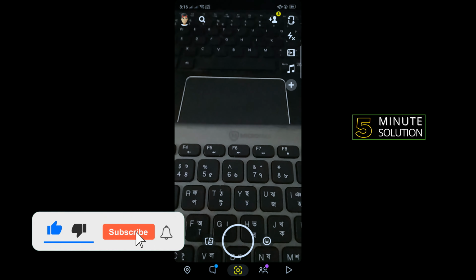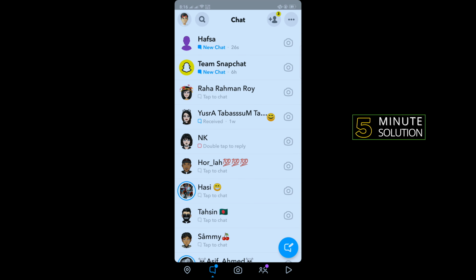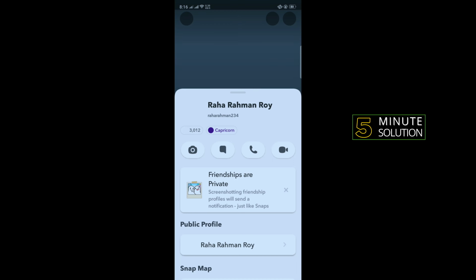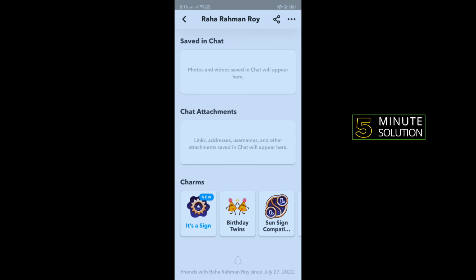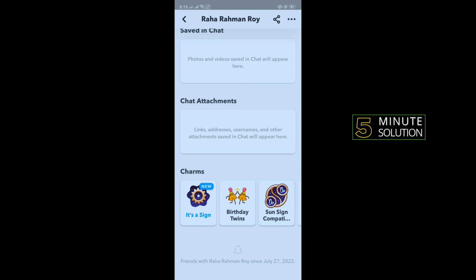So open your Snapchat and open the chat panel, and now tap and hold the chat you want to hide charms for, and tap on View Friendship. Scroll down and here you'll find Charms. So now open any charm,